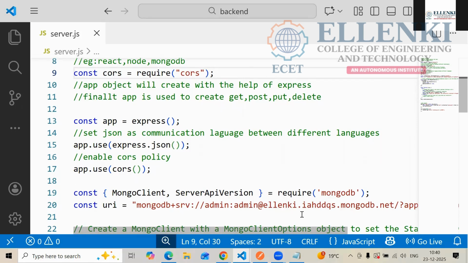Don't make noise. Write carefully. Up to the 17th line it is enough. The remaining code will be copied from the MongoDB.